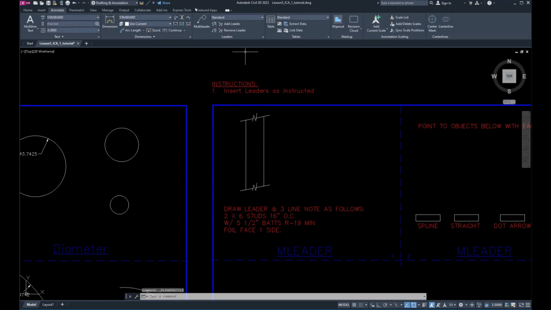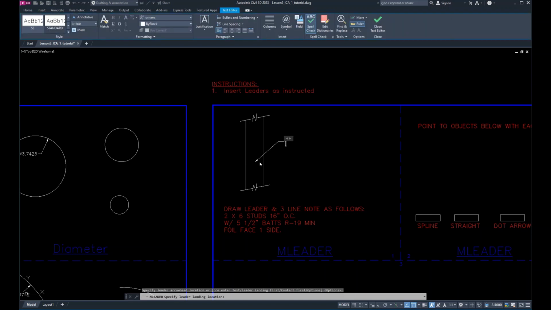And if you start your multi-leader, just there, where do you want the line to go to? I'm just going to put it here in the middle of space. This is a 3-point leader. You can see because it had the point at the end. It has a little bit of a flat line on it. And then to put in a note. So this is a 2x6